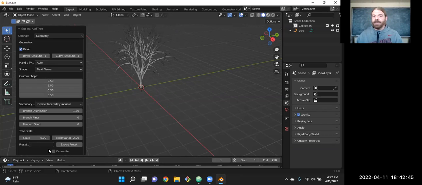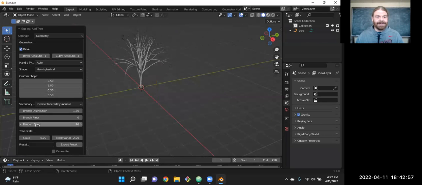But there's like maples. That's the one I find I start with the most often, the maple preset. I should have just clicked on the one that I'm used to using. But we have these other ones. I'll do like hemispherical, pick some random seed number. We can customize the shape a little, adjust it. You'll notice those move really, really quick. So you might want to hold down shift so that it moves slower when you adjust these values, because it only goes like 0 to 1. Scale it up, make it a little bigger.